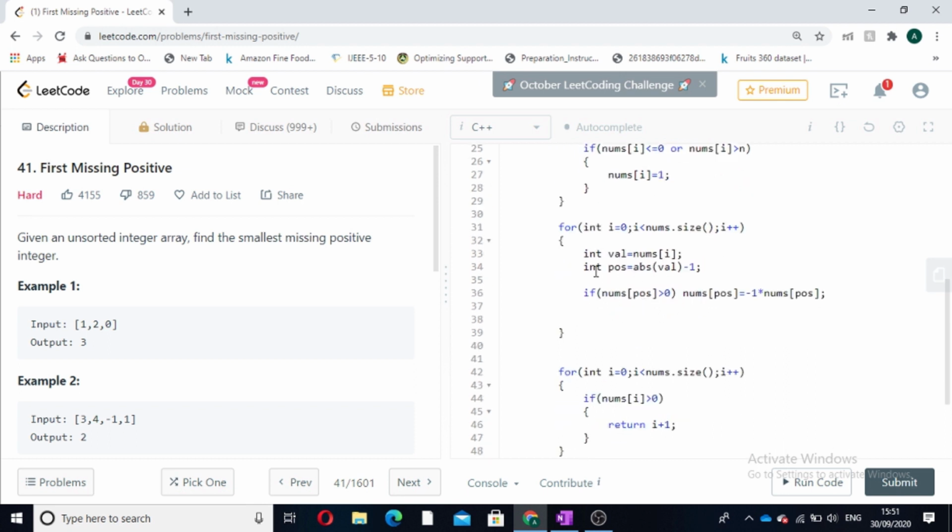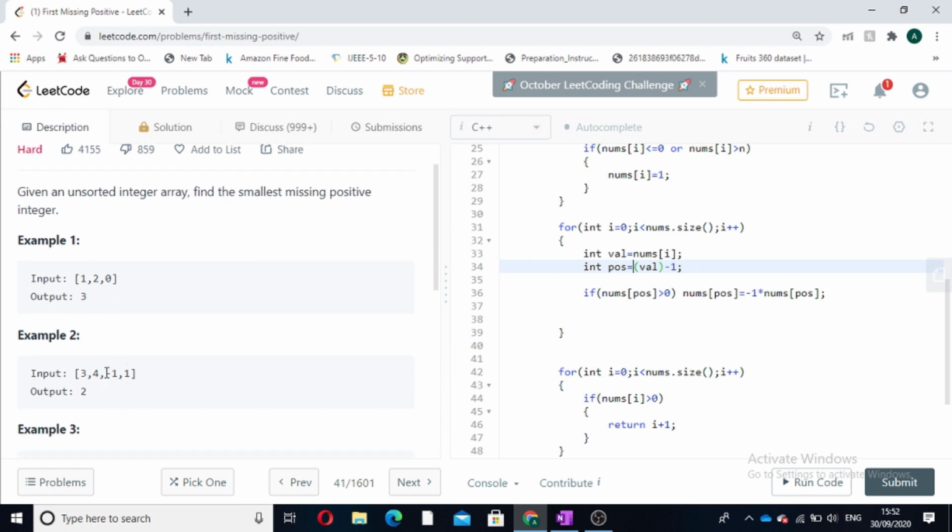See here, when we are finding the position, we were initially doing position is equal to value minus 1. But what if our value is negative? That is, here in this case it is negative. So in that case, we will take the absolute value to find the position. The position at this index can be found by abs(val), that is abs of minus 1 is 1, 1 minus 1 is 0. So our position will be this. At this position, we will multiply it by minus 1 into nums of this only. So 3 into minus 1 is minus 3. So these were 2 mistakes in this question. Now let's run it.